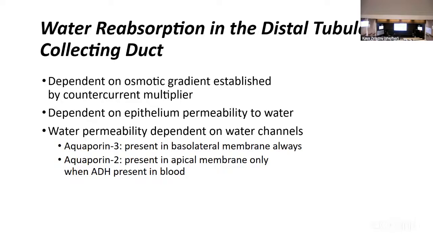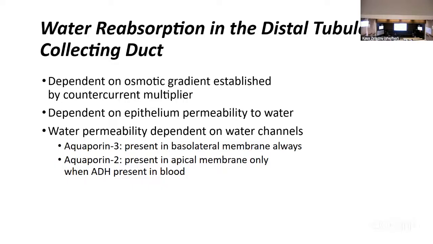The mechanism by which we set it up with those two parts of the loop of Henle, that descending limb and the ascending limb, is called our countercurrent multiplier. Now we're going to be using this osmotic gradient to do regulated reabsorption. As we look at regulated reabsorption, we're going to see that the distal tubule and collecting duct are